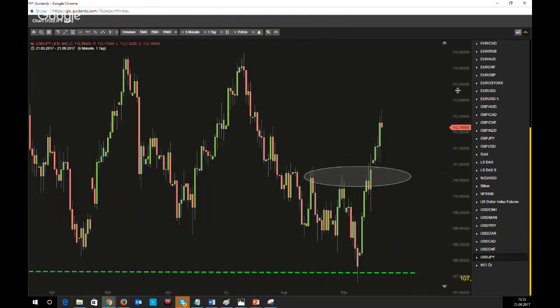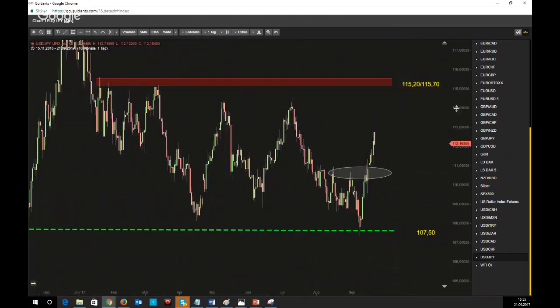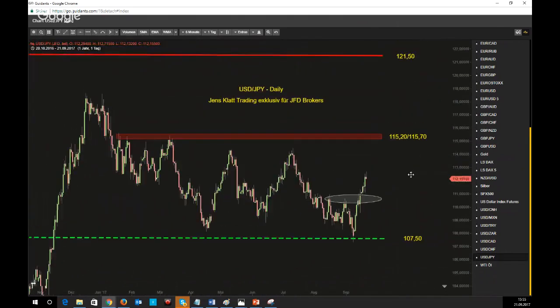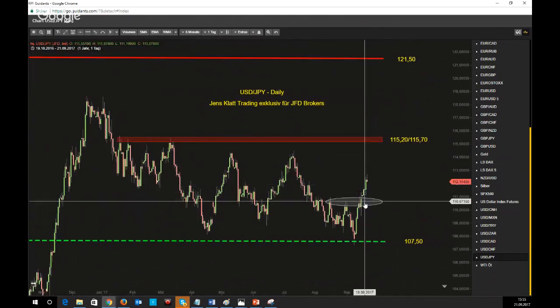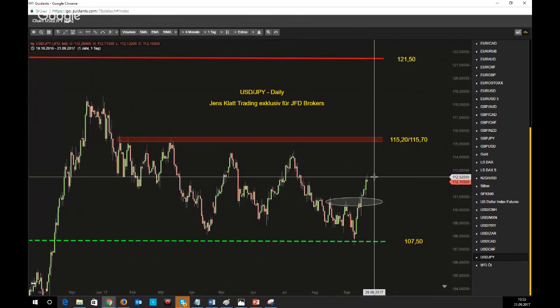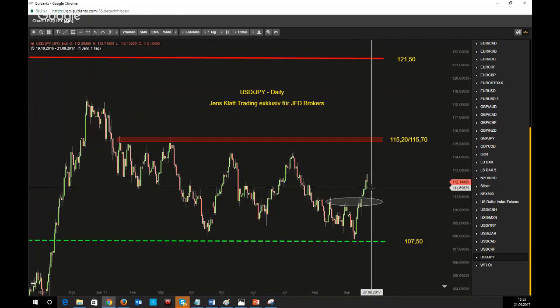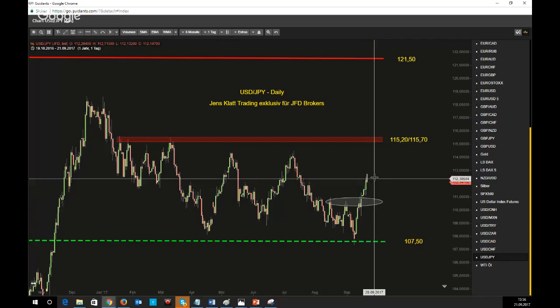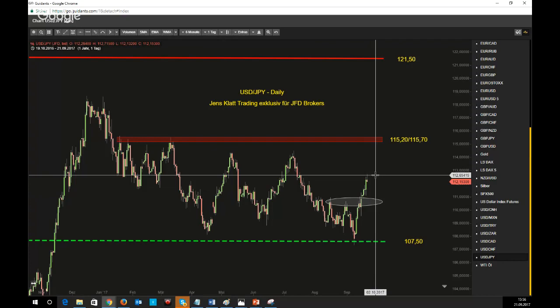There was also one of my favorite pairs, and it was one of my favorite pairs before the Fed yesterday. And I'm not surprised to see this continued momentum here on the upside. But the thing is that I'm really careful with long engagements here, since we also have to remember that the Japanese yen is a currency which is usually